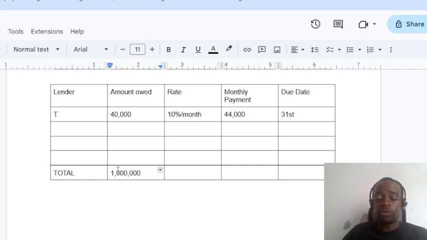This will actually help you to know how much you owe, and when the due dates are, and at what percent. I think this provides a realistic picture of the situation on the ground. That is, to know how big is the hole that you've already dug, right? And it's important to know this so that you don't live in denial. This helps you to know how much you owe and when you're supposed to pay these people, so that you can now work out a plan on how you're going to repay.